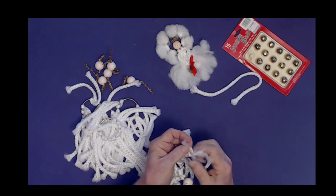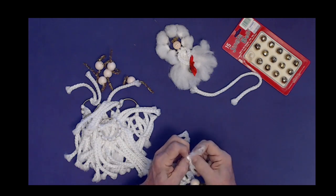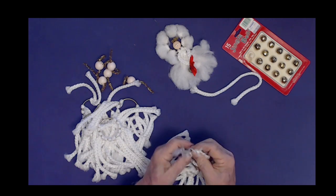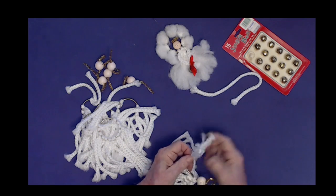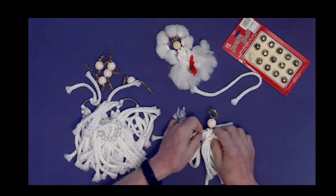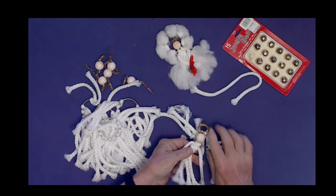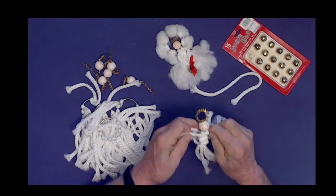You can sit there and just play with this while you're watching television, while you're watching a holiday movie. You don't even have to concentrate a lot. And eventually it gets all puffy, but if you can see what the person did, is